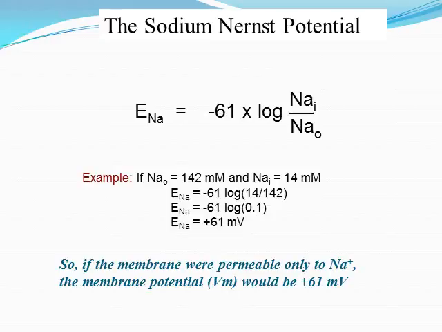And so if we look at the Nernst potential of sodium, if the membrane was only permeable to sodium, then the membrane potential would be positive 61 millivolts because of this increase in sodium outside of the cell versus inside of the cell. And so I think you can already see we've got a negative 90 or so for potassium, a positive 60 for sodium,